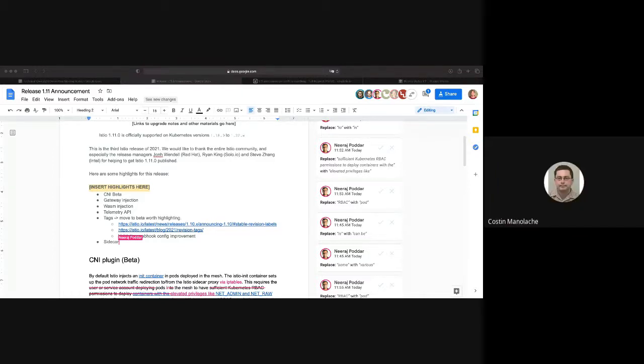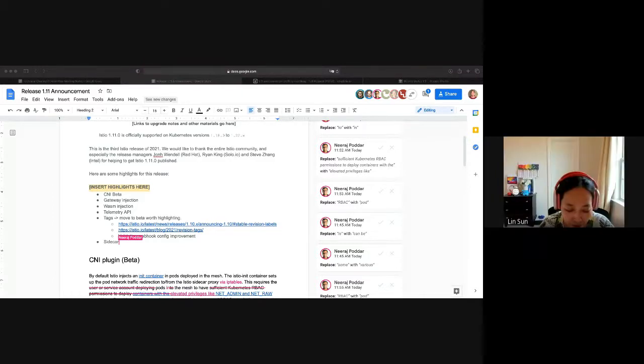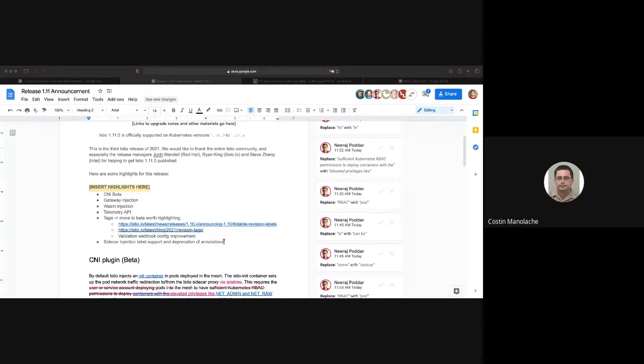Which label are we talking about? The Istio rev label? It's the injection label, which allows you to use a label instead of the annotation, which is filtered at Istio. The only question I have about promoting this too much is I don't know how it relates to the tag.